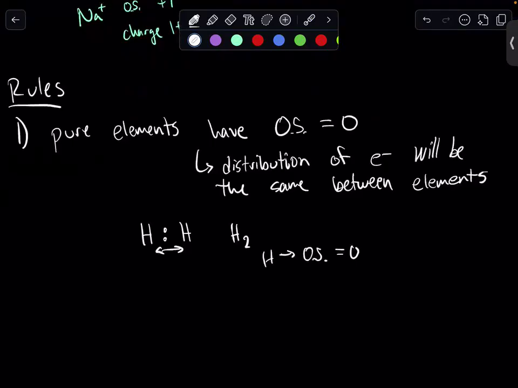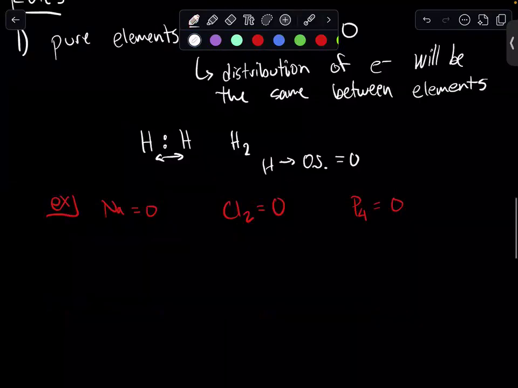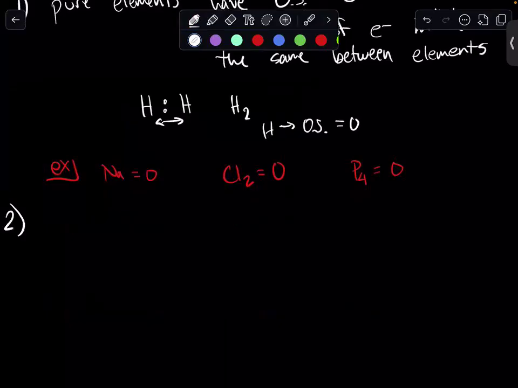So if we look at a bunch of examples, the oxidation state of a sodium atom is going to be 0. The oxidation state of Cl2, chlorine, is going to be 0. The oxidation state of P4, phosphorus, is going to be 0. So no matter what, an element, or a pure substance of just one element, will always have an oxidation state of 0. Number 2,